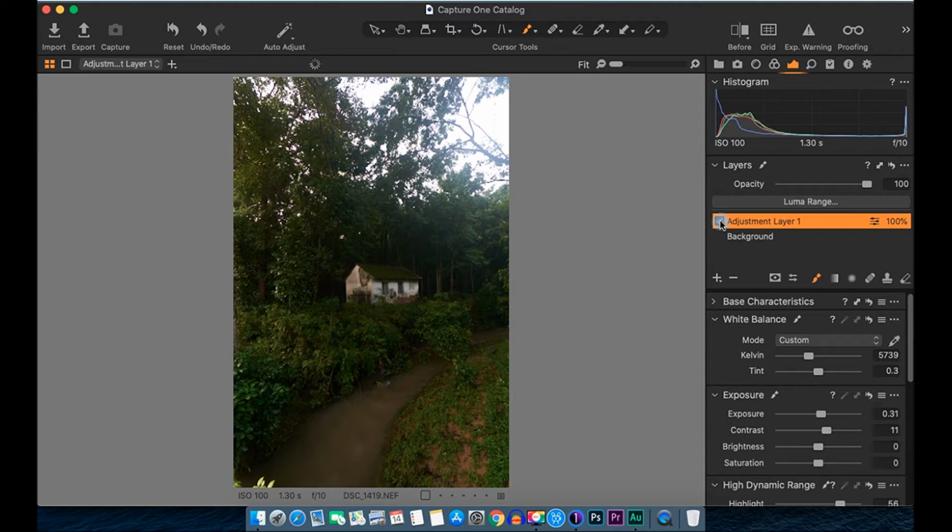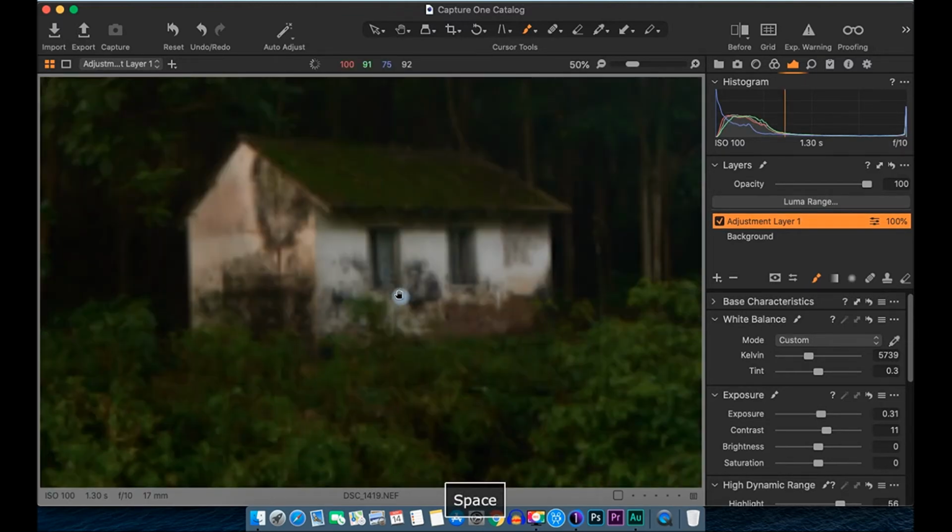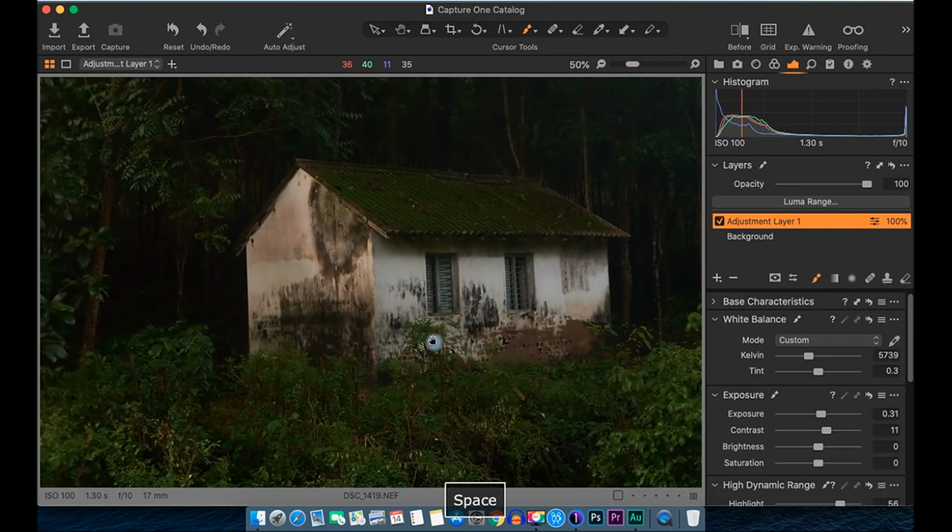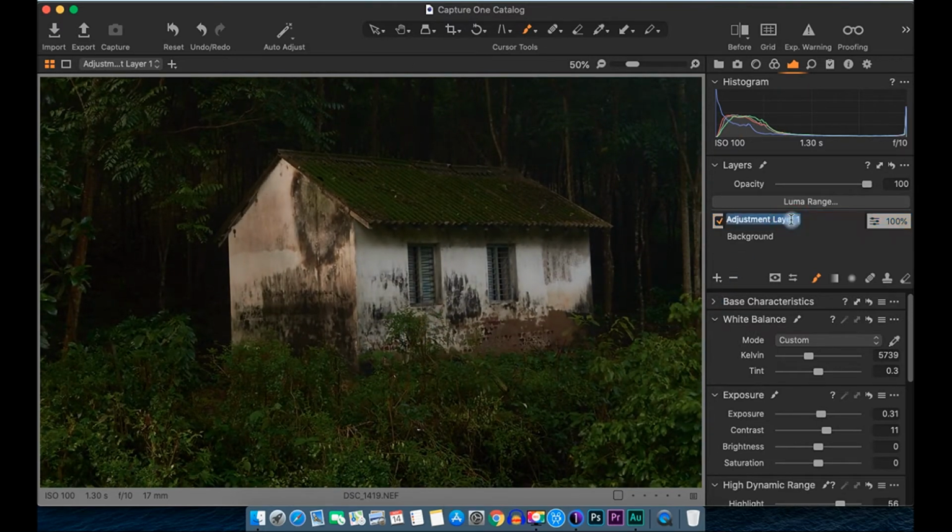Now let's work on the house. Let's zoom in a little bit and organize our workflow. So after the water, take one more empty layer, and we are going to name this house. Again, same thing, let's first make the selection of the house.